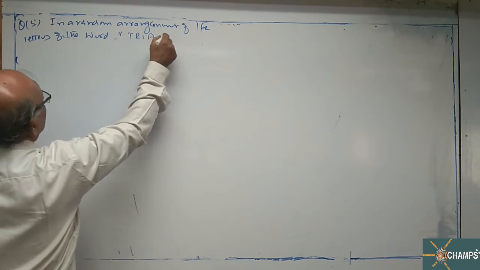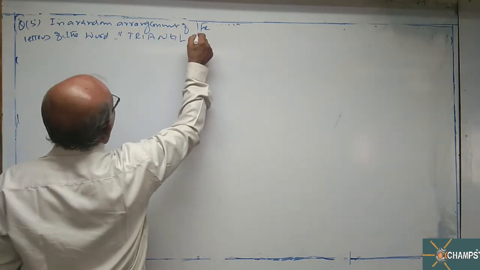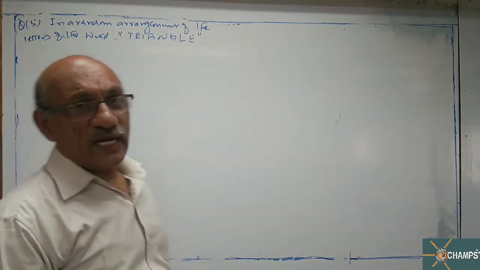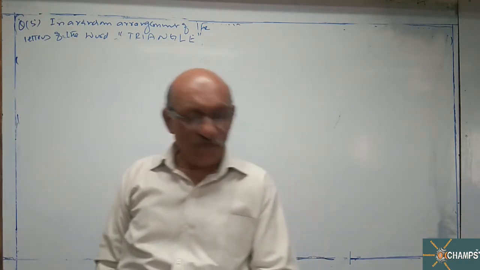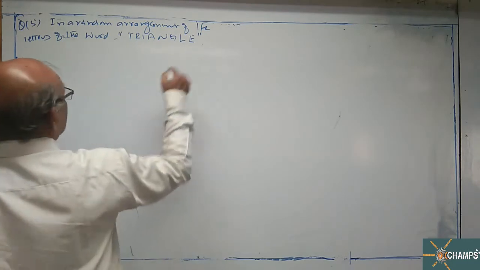In a random arrangement of the letters of the word triangle, find the probability that